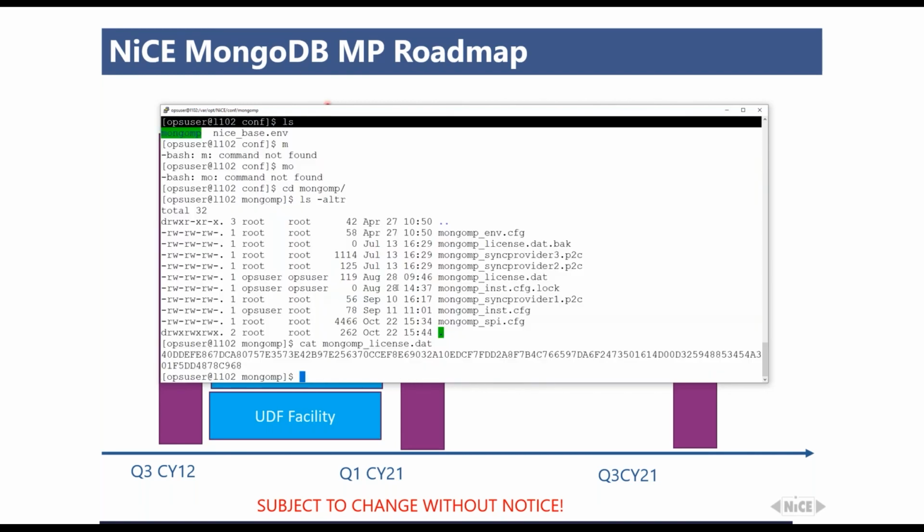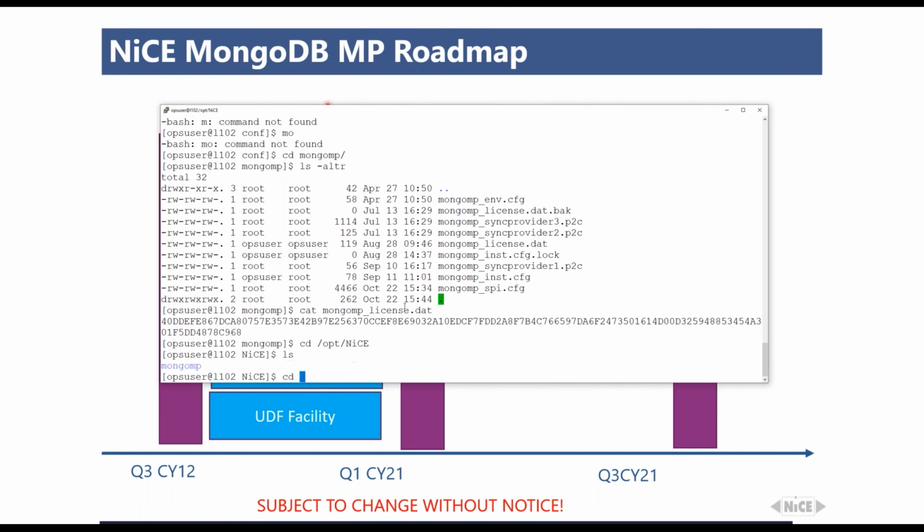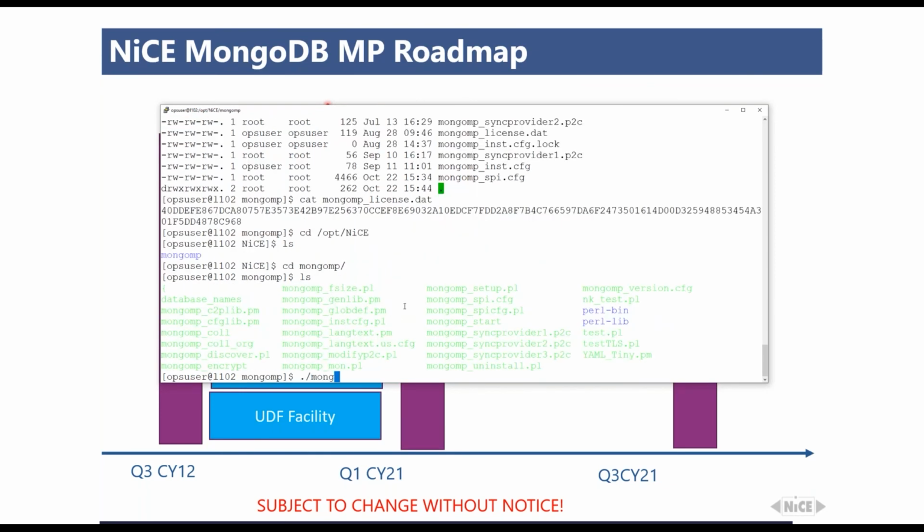But if this file is here, then you can also check the license on the system. Let me just go to the directory. Again, there are two ways. If you're more the person liking to work on the shell, you can do it from here. MongoDB start, and there should be a way to check the license. Where is it? Yeah, it's different here. There's a different command. So let me do it via the